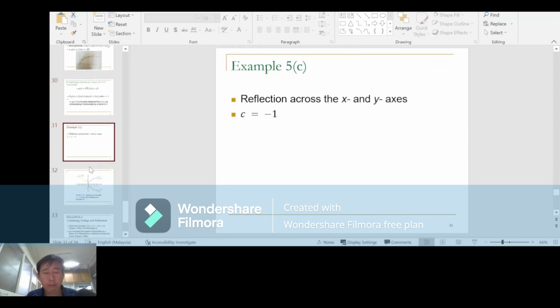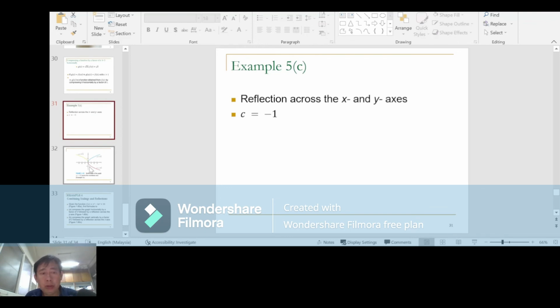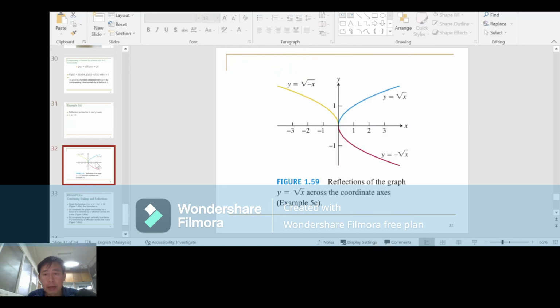So the last part I want to talk about is a simple operation on the function. Here we are talking about reflection operations. If you have an original function, say y equals x, or y equals the square root of x, you can reflect the function about the y-axis. The reflection can be easily done by replacing all the values of x by negative x. When you carry out the operation of replacing x by negative x in an original function of y,